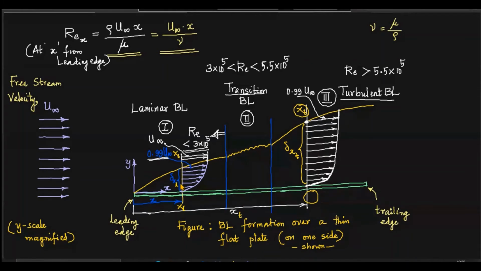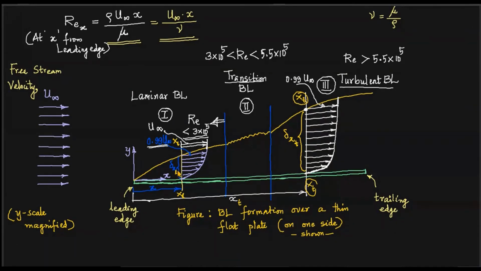So the boundary layer thickness means it is the distance measured normal to the solid boundary where the velocity of the fluid layer increases from 0 at the solid surface to 0.99 times u infinity at the outer edge of the boundary layer. But remember, at the solid surface, the boundary layer has 0 velocity because of no slip condition that arises from viscosity. As it is represented, the boundary layer grows in thickness as we move from leading edge to the trailing edge. Leading edge means the front end of the plate, and the trailing edge means the rear end. So from leading edge to the trailing edge, if you consider, the boundary layer grows in thickness. So that is known as boundary layer growth.